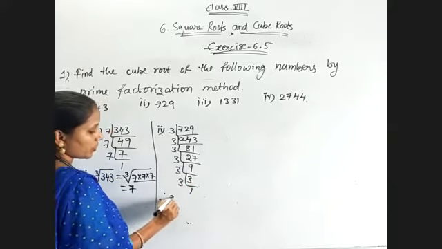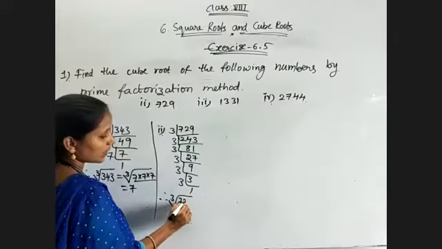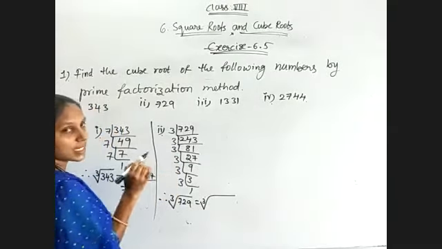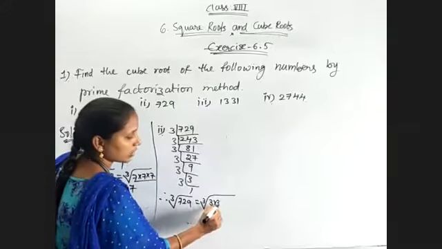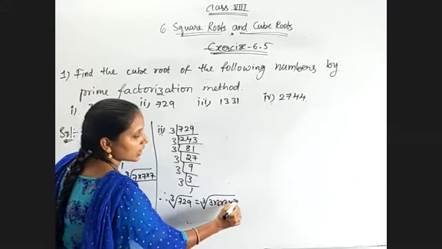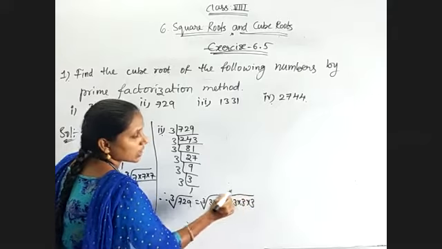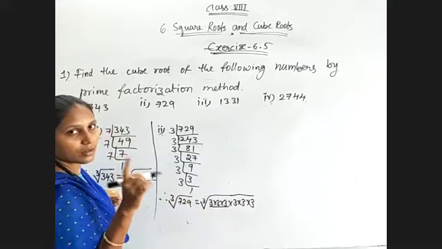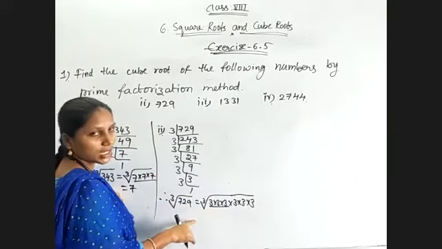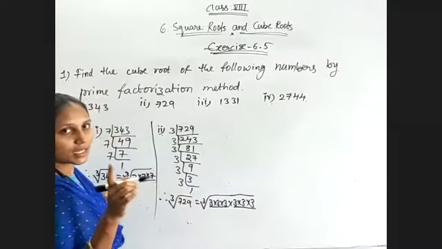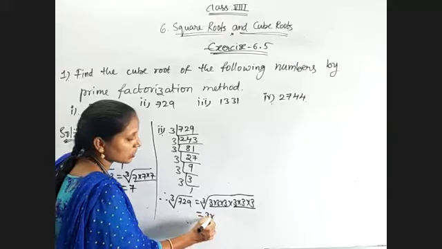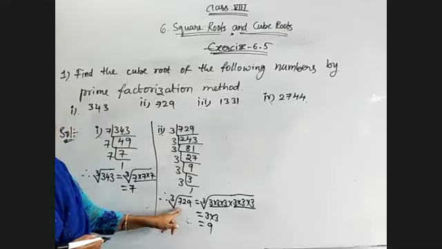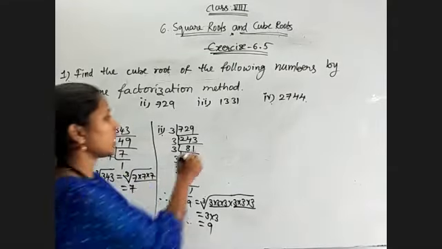Now cube root of 729 is equal to cube root of 3 came 1, 2, 3, 4, 5, 6 times. So we will write like that only, 6 times: 3 into 3 into 3, 3 into 3 into 3. Because 6 times came, 2 numbers we can write outside. For the first group of three 3s, one 3 we can write outside, and for another three 3s, one 3 we can write outside. That is 3 into 3, which is nothing but 9. 9 cube is equal to 729. We know that value.